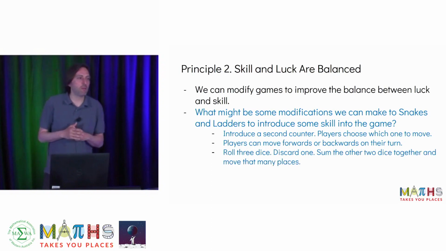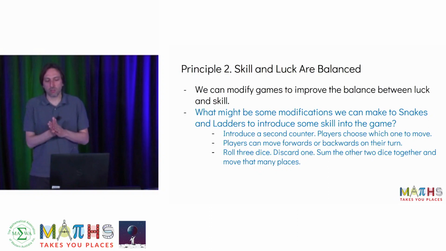The third way, maybe introducing a little bit of mental computation and simple addition, would be to roll 3 dice, so maybe 3 10-sided dice or 3 6-sided dice, and get players to discard 1, so decide which one they want to get rid of, sum the other 2 together, and move that many places. So let's pretend they were 6-sided dice. If I had a 5, a 4, and a 1, I could decide I might move 5 plus 4, 9 places,